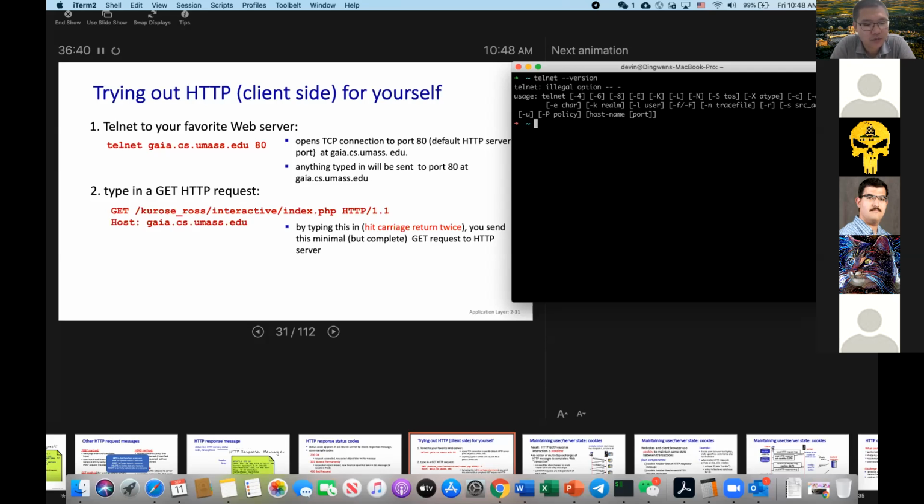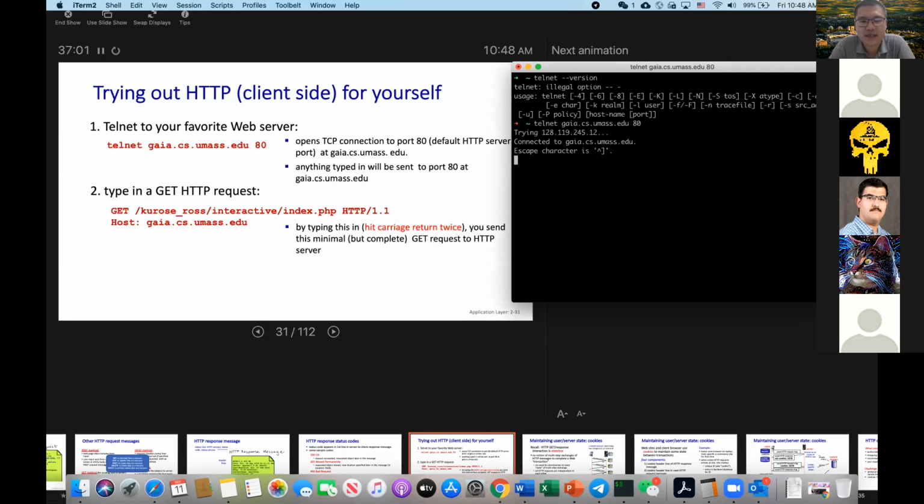So Telnet, as we mentioned, is an application level protocol, right? So we can do the Telnet. Similarly, this is a University of Massachusetts server, right? And first, we open the HTTP connection to port 80.